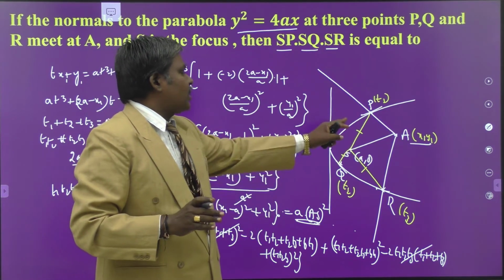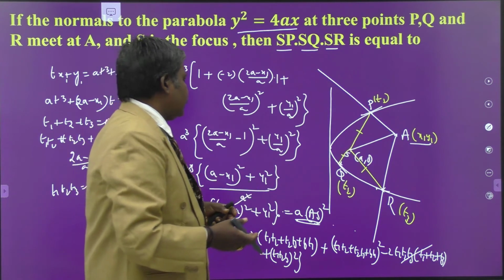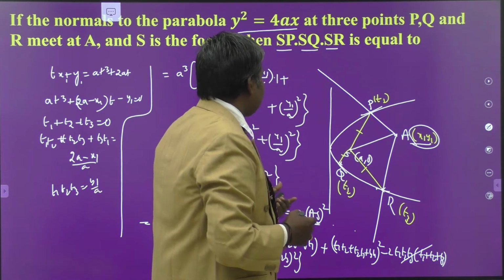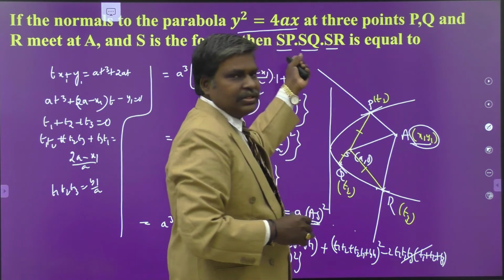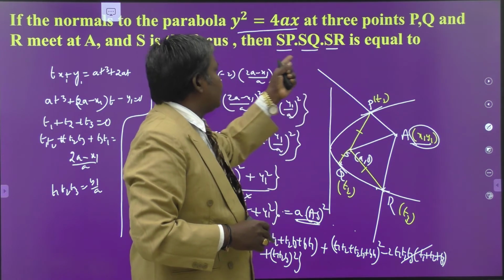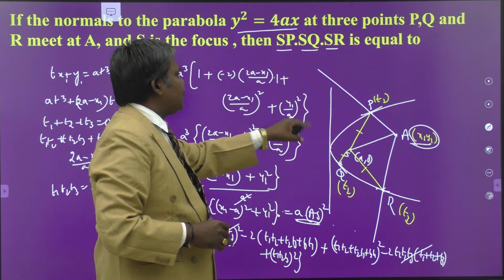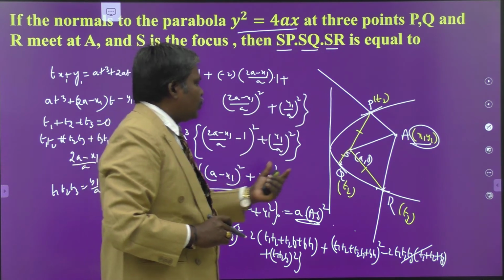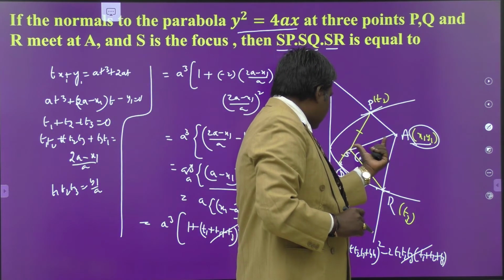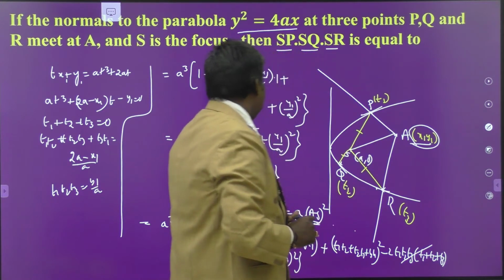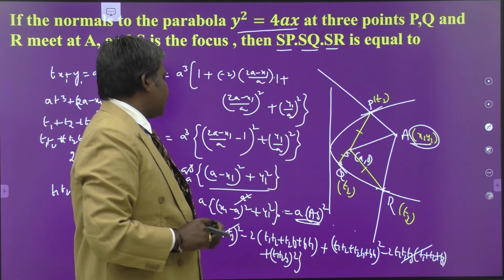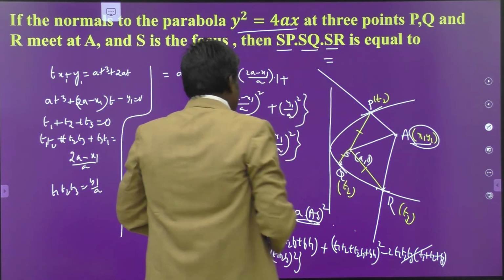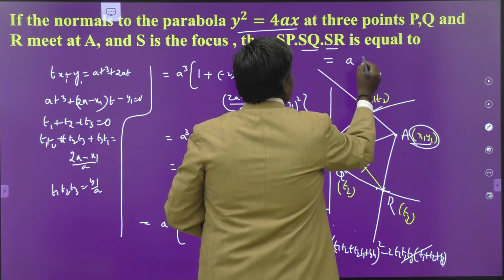What is A? This is your given point, x1 comma y1 we are taking. So we have taken x1, y1, but they are not given. So your result must and should be given in given terms itself. The required result must be in terms of p, q, a, or s, like that. So you don't know about x1 comma y1, but the distance is what here itself. SA is nothing but root of (x1 minus a) whole square plus y1 square. So you have to write in this manner. So that is equal to a times of AS whole square.